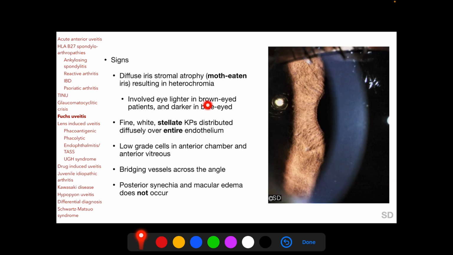Now in brown-eyed patients, the involved eye becomes lighter in color, and in blue-eyed patients, the involved eye becomes darker in color. In Fuchs uveitis syndrome, we find small white keratic precipitates distributed all over the endothelium, and they are typically white in color and stellate in shape. There may be low-grade cells in the anterior chamber and in the anterior vitreous, and bridging vessels across the angle have been described. And a characteristic feature of Fuchs uveitis syndrome is that posterior synechiae and macular edema do not